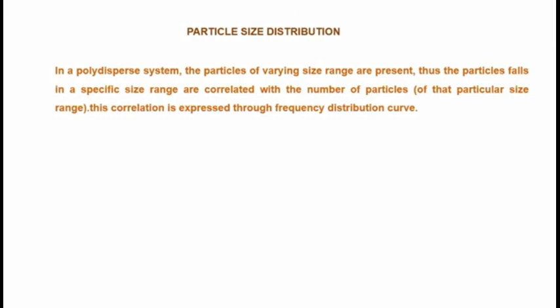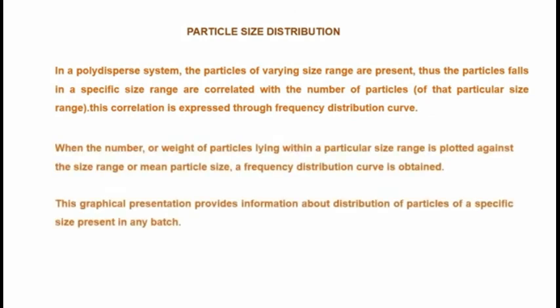Powder flow property measurements. First, percent compressibility. Compressibility is the ability of a powder to decrease volume under pressure. Compressibility is a measure that is obtained from density determination. Percent compressibility equals tapped bulk density minus poured or untapped or aerated bulk density, upon tapped bulk density, into 100. The compressibility measure gives an idea about the flow property of the granules as per Carr's index, which is as follows.